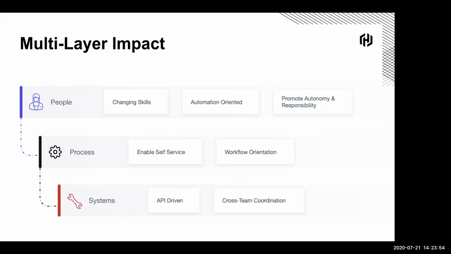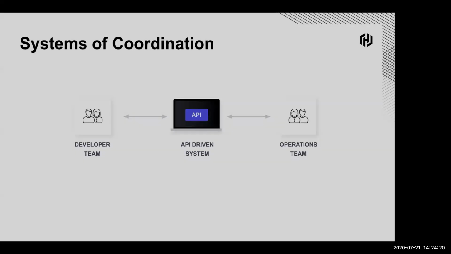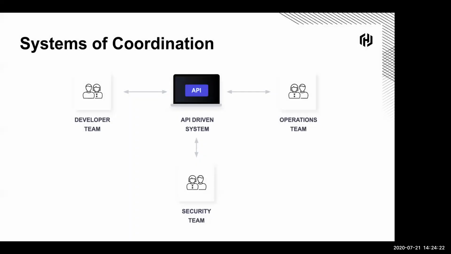And then I want to have processes that are focused around that self-service and workflow style orientation. How do we deliver these things as a dynamic service? And so the system that underpins that is going to be focused on having an API-driven and a collaborative approach. I want to make sure that security is involved, as an example, with policy for provisioning. So moving away from tickets to APIs,